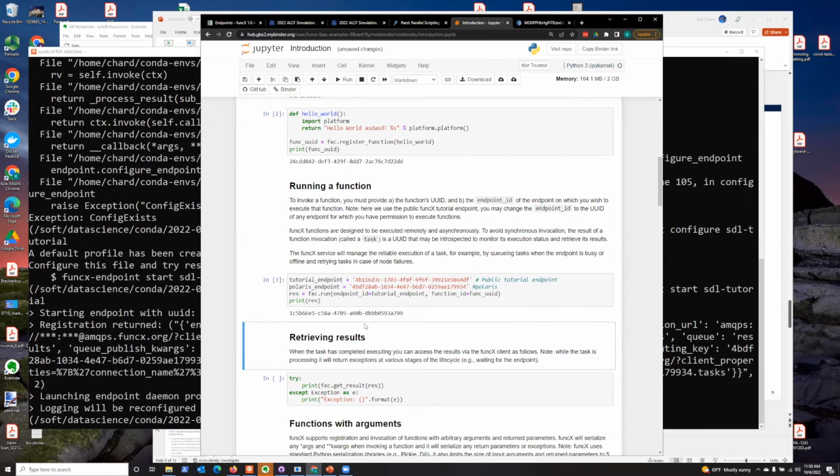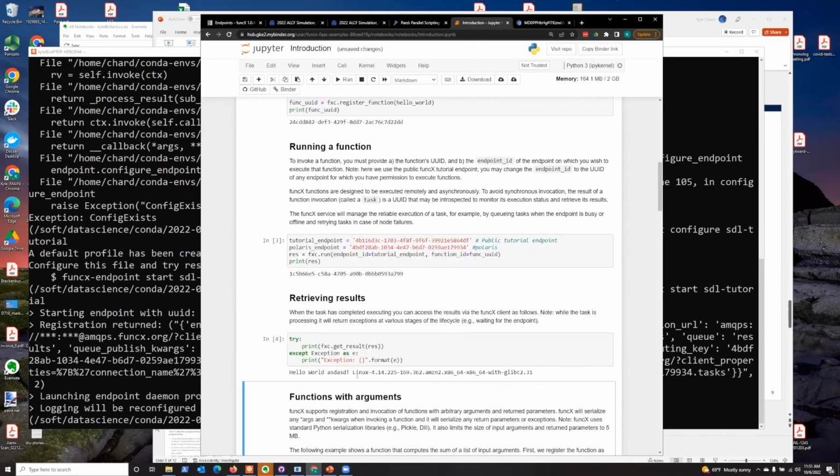Again, asynchronous. So what's happened is we've told funcX go and run this thing on the tutorial endpoint. If the tutorial endpoint was down for some reason, funcX would sit there continuing to retry, and as soon as that tutorial endpoint was online, it would execute it again. But I would hope the tutorial endpoint's online. So let's now grab the result. And we see here, this is the junk I just put in there, as well as the platform that it's